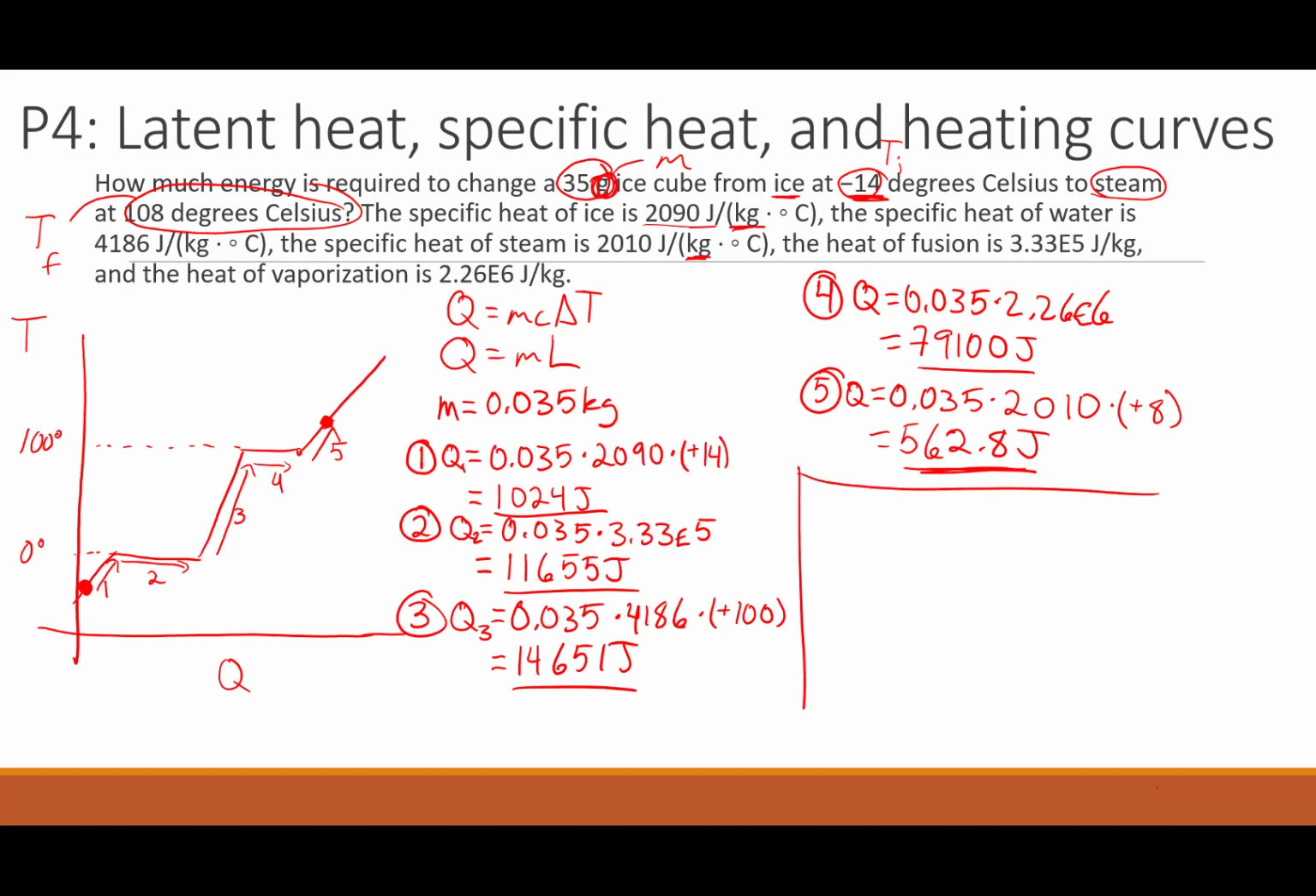Okay, well, we are almost there. We found the heat for each section. To find the total heat, we're just going to add up all of the individual heats. So we just add up all of our answers from 1, 2, 3, 4, 5. That's going to be 1024 plus 11655 plus 14651 plus 79100 plus 562.8 equals,